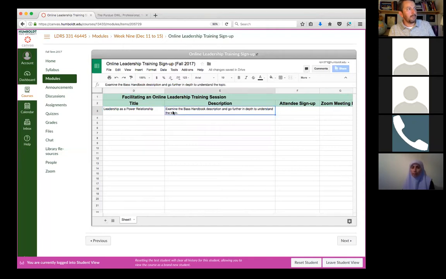So I think a better description, and if I knew exactly what he was talking about, it's been a while since I read that section, I would put a better description in there, maybe plain English as to what Bernard Bass is talking about with that section. That would be a better description.